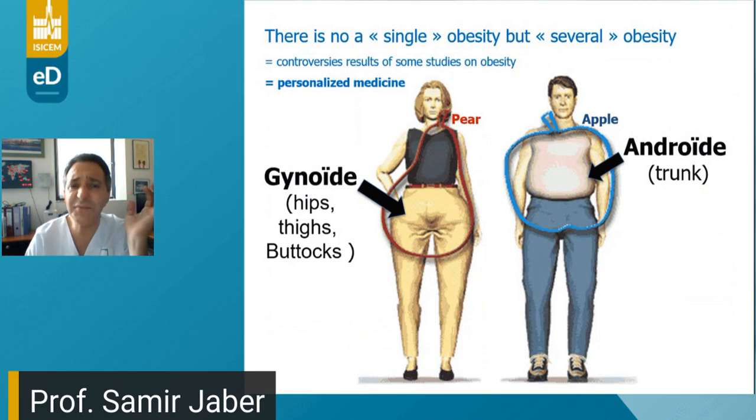That may explain in part the controversial results of some studies on obesity, because we now have one third of papers showing that obesity is a risk factor of mortality in ICU. Others showed neutral results, no significant difference, and others suggested that obesity could be protective, which is called the obesity paradox. So probably the future is personalized medicine, because you see, for example, a woman and